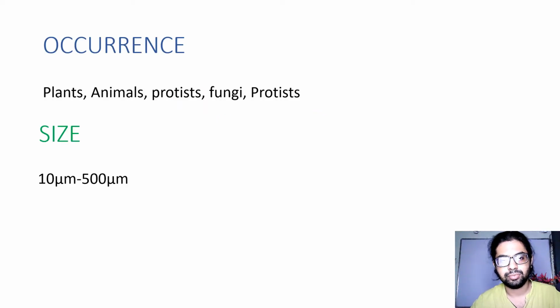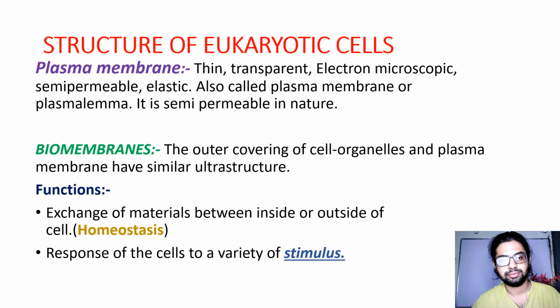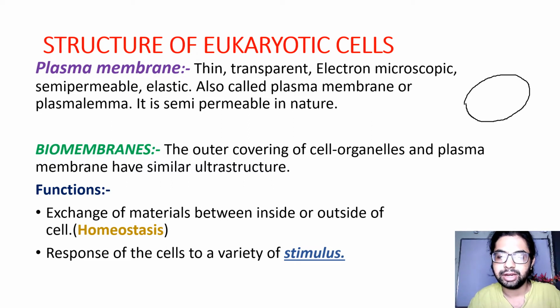Eukaryotic cells. These are the most advanced cells found in animals, plants, protists and fungi. Their size ranges from 10 micrometer to 500 micrometer. Structure of eukaryotic cells. Let me take a color. This is a eukaryotic cell